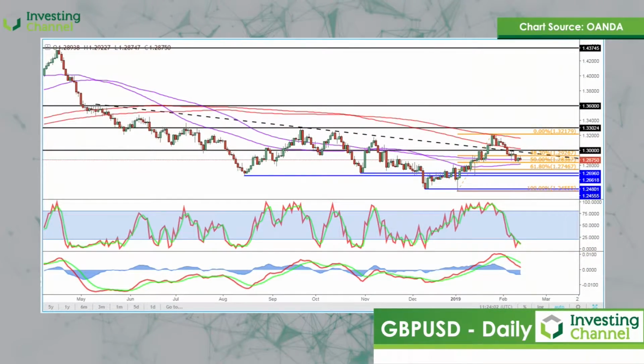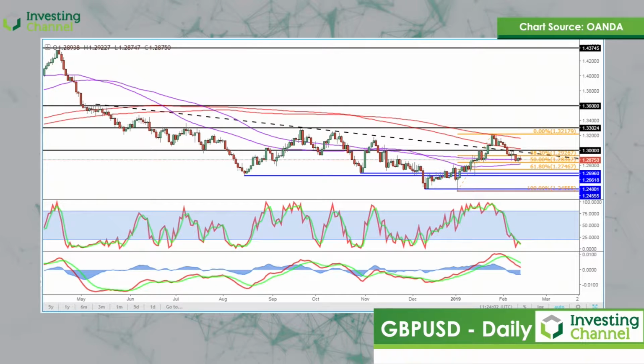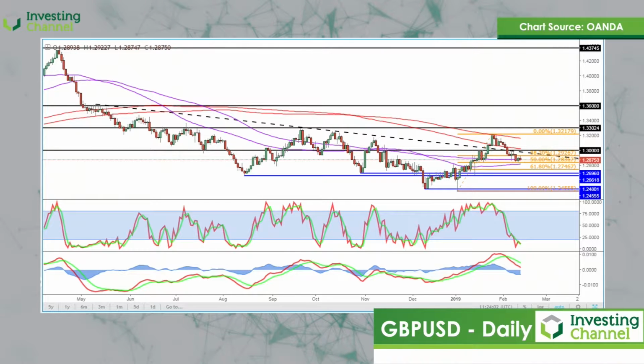Today we're going to talk about the pound versus the US dollar. There are two major stories really that are contributing to the movements in this currency pair, and they are more the greater macro stories which we're seeing globally right now. The first one, of course, is that US trade war with China.